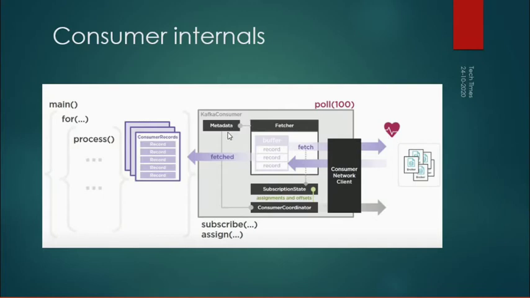Then we have subscription state. What is subscription state? Whatever topic or partition this consumer has subscribed to. If any new partition is added, this subscription state will automatically get updated with the new partition value. Then we have the consumer coordinator. What the consumer coordinator will do is read from the metadata. If any new partition is added, it will update the subscription state. Also, it will manage the offsets of the consumer. Whatever data has been read, or wherever it has been last processed, it will manage this offset and commit those offsets to Kafka.